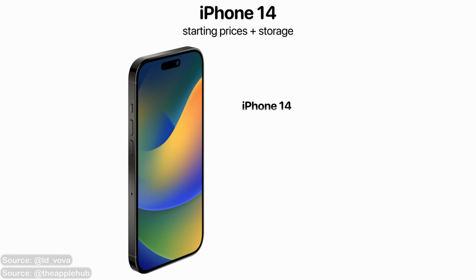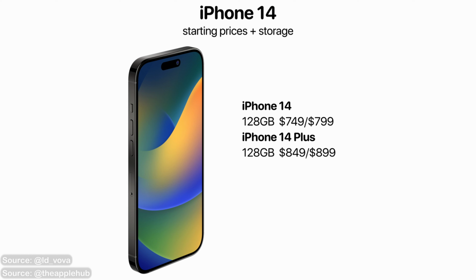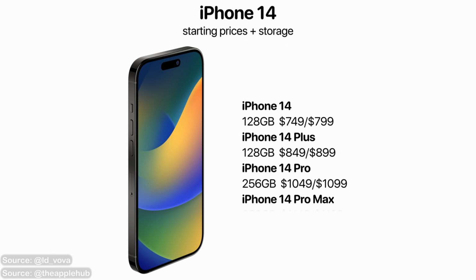So after hearing all of these great features that are coming this year, what are the actual prices for these phones? Apparently Apple is going to be lowering the price of the base iPhone 14 model, going from $799 to $749. The iPhone 14 Plus is going to be $849, and to separate the regular models from the Pro models a bit, they are actually going to be increasing the prices on the 14 Pro and 14 Pro Max. For the base 14 Pro, you're going to be paying $1,049, and the 14 Pro Max is going to be starting at